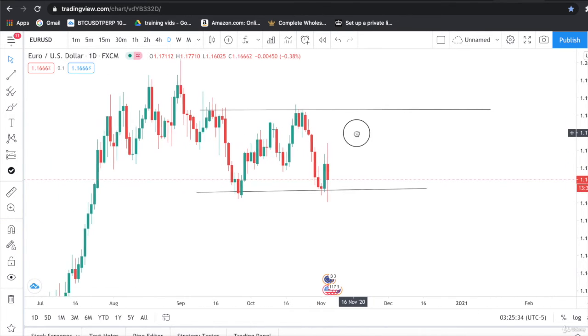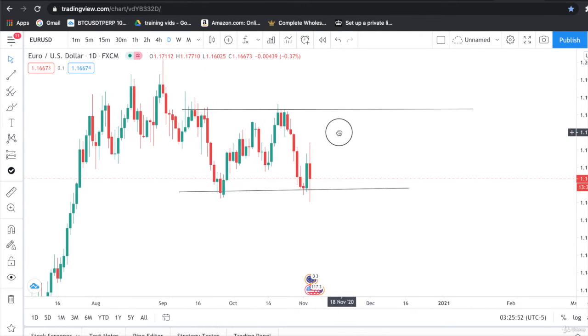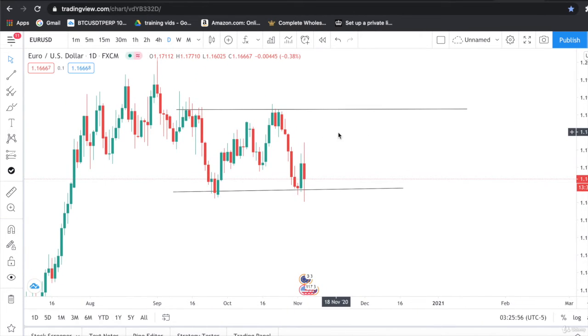You can draw support and resistance zones on any time frame. This is the daily chart. You can draw it on any time frame which you want. For the best results, I prefer to use the hourly, the daily, and the weekly charts. So this was the support and resistance. It's pretty simple, guys. Practice as much as you can and you will be able to identify support and resistance